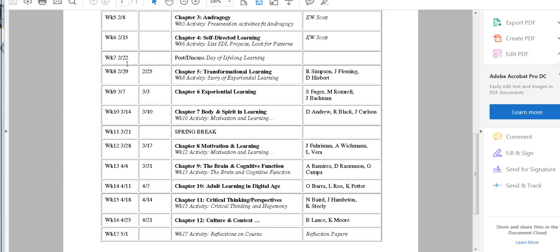And then, drum roll, we have our first group of student presenters, actually they're preparers, for Chapter 5, Transformative Learning. So I should actually change that. We have Roland Simpson, Jory Fleming, and David Hebert.